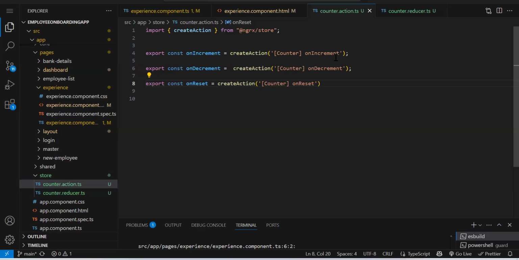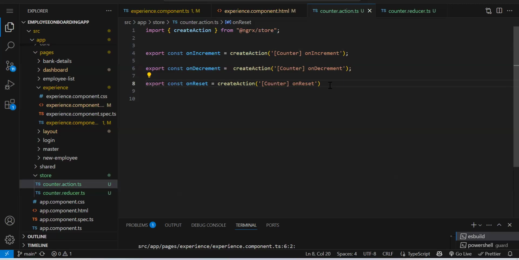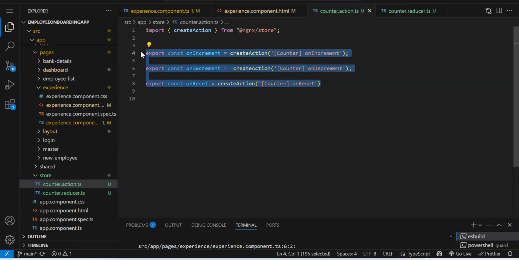So whatever we used to do with local storage, we can do the same thing over here. It's like a store. In the store, you can store multiple data. And the operation you can perform with that store is nothing but an action. Let's say we are just storing the counter example. Counter value we are storing. So with the counter, you can increment the counter, decrement the counter.